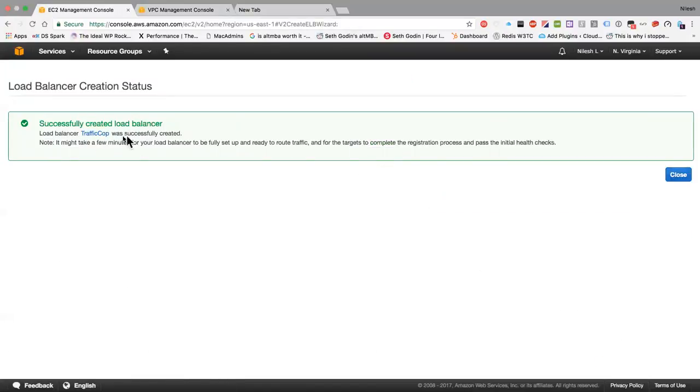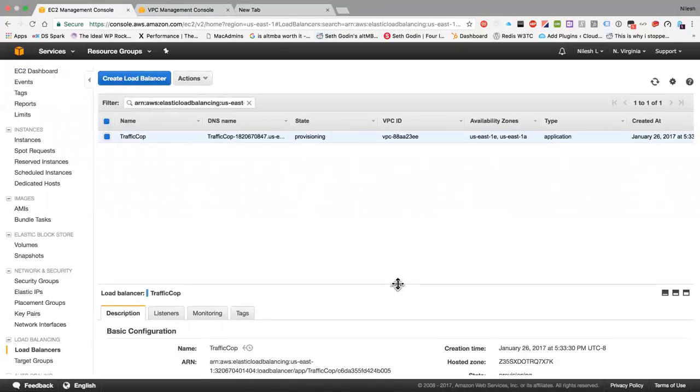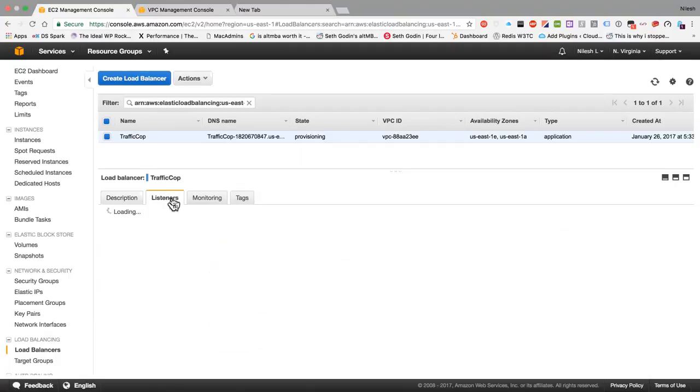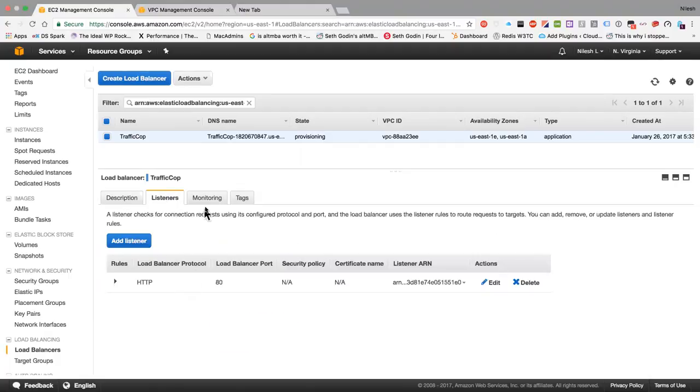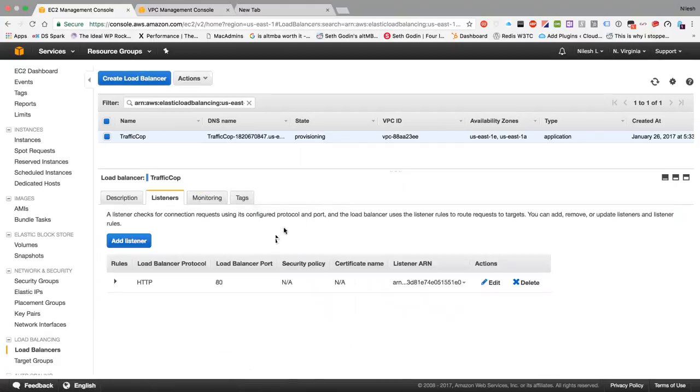The load balancer was created. The load balancer is called traffic cop. We'll go to that load balancer. And here it says that this load balancer is called traffic cop. It has a DNS name here. That's the DNS name we have. We'll use that DNS name, by the way. We'll copy that DNS name and we'll see whether the listeners are active and whether the monitoring is functional and whether the listeners are actually